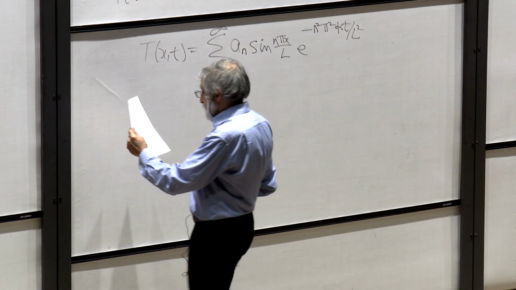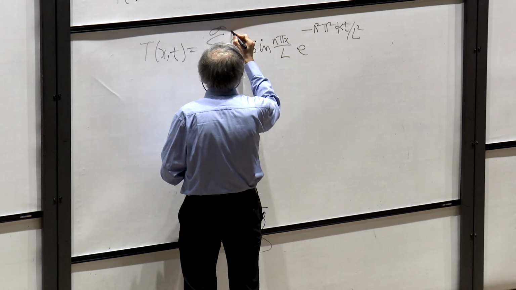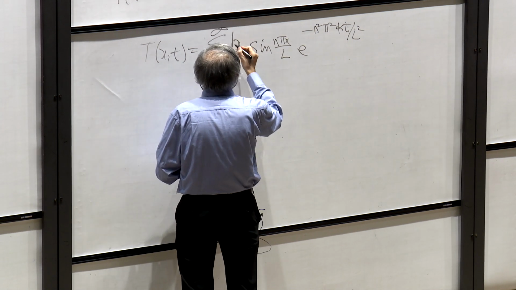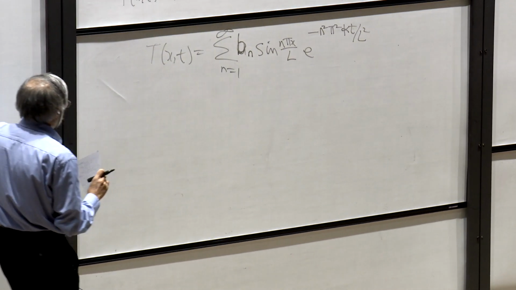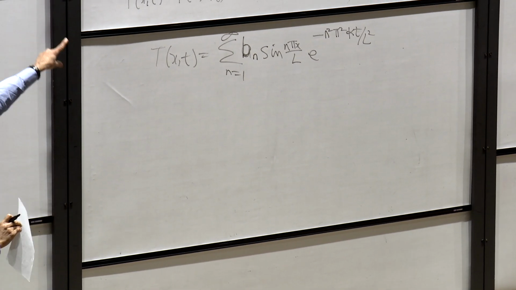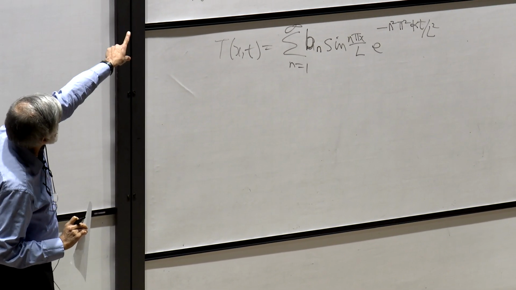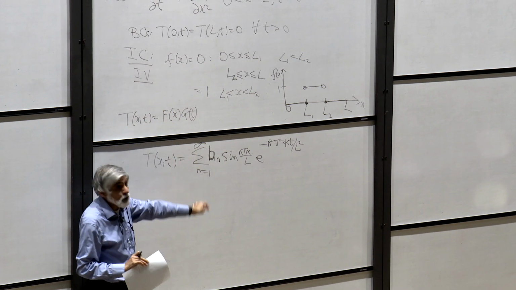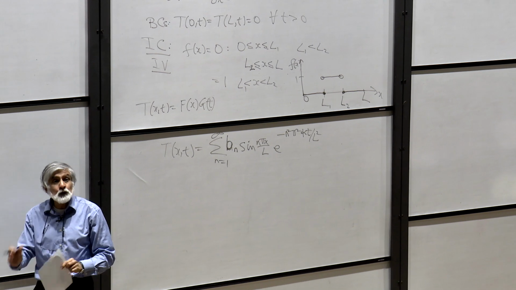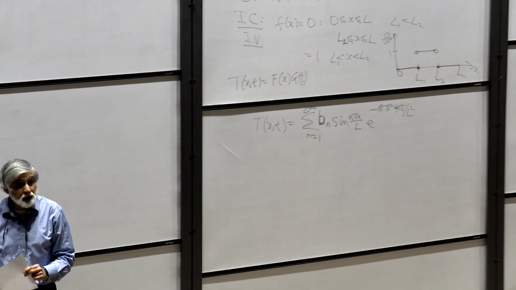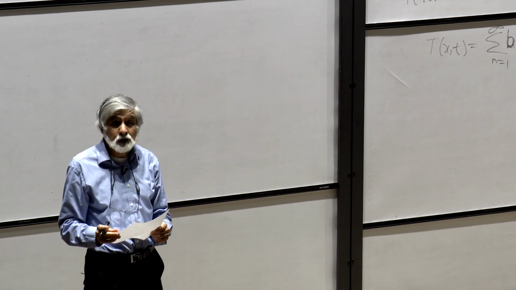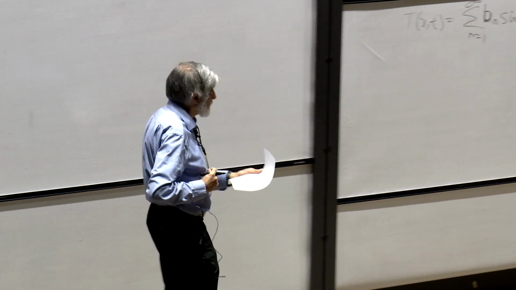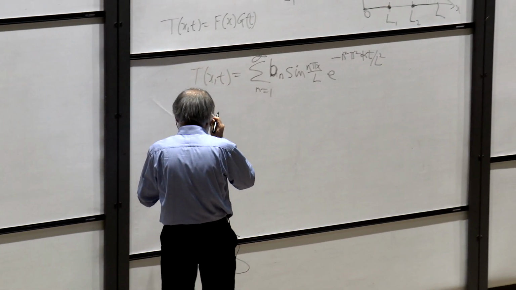We've been calling these coefficients b_n, I guess. Then as usual, in order to satisfy the initial condition, we need to be able to write this function as its Fourier series. So we do the usual thing: we take the periodic extension to get the Fourier sine series. And then we find out that the b_n's